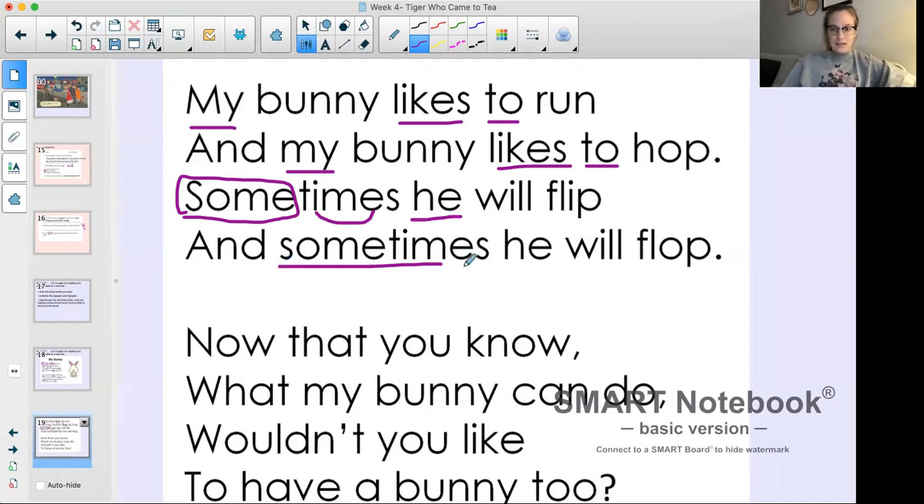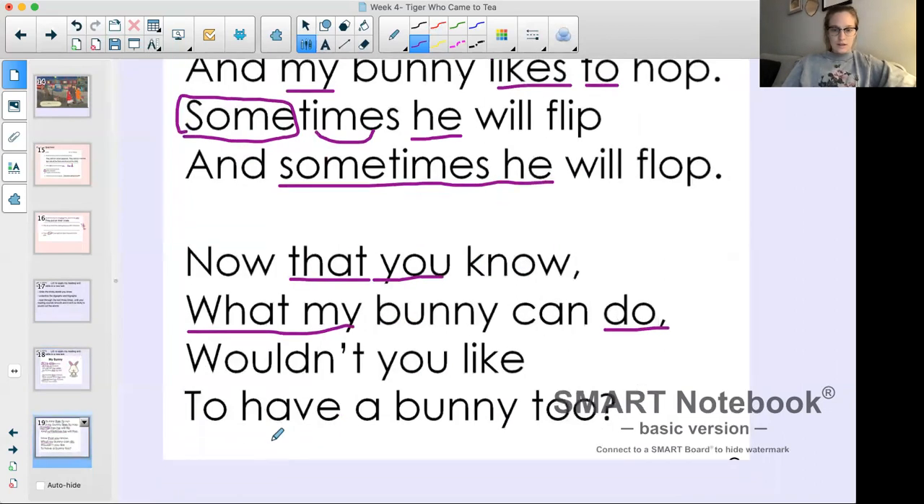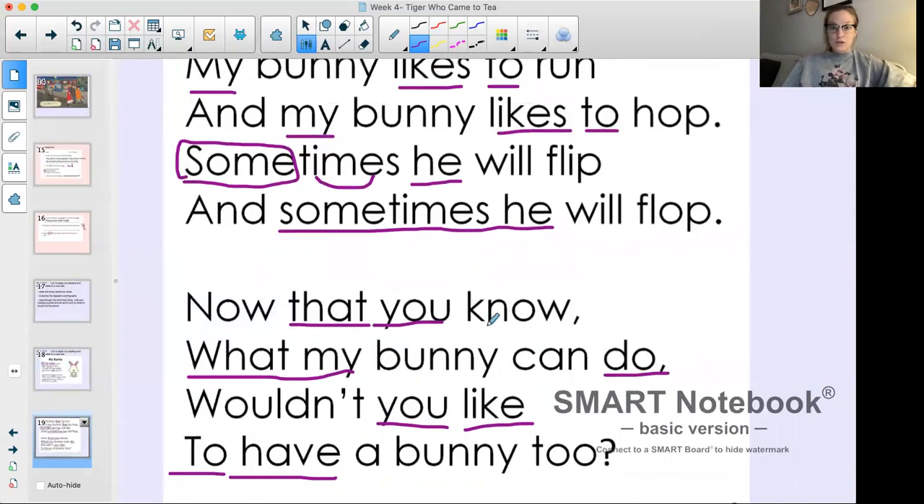He, sometimes, he, that, you, what, my, do, you, have, to, like. So you can see we have so many words in this text that are tricky words, but